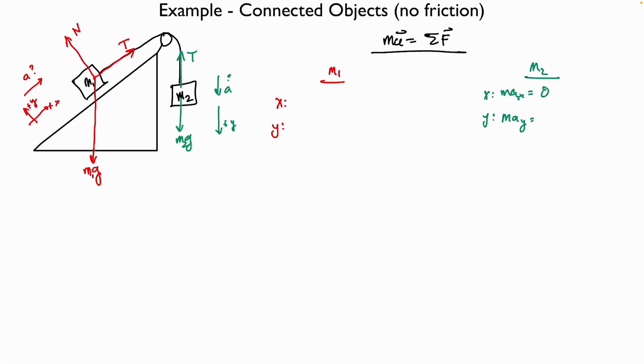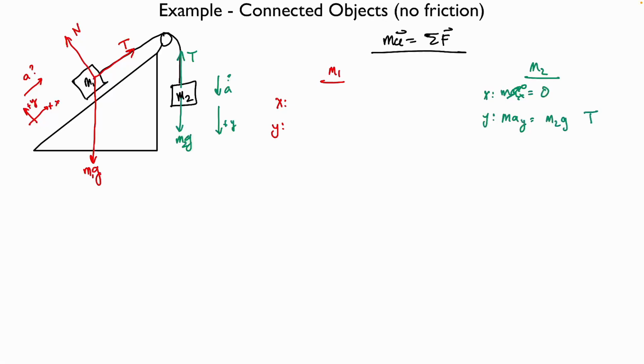What is the acceleration in the x direction? 0. Why is it 0? Because we lined up the y-axis with our acceleration. If our acceleration is completely lined up in the y direction, what does that automatically make the x direction? 0. So 0 equals 0. Easy equation to deal with, not very useful in the long run. Okay, so that leaves m_a_y. How many forces in the y direction? 2 of them. They are